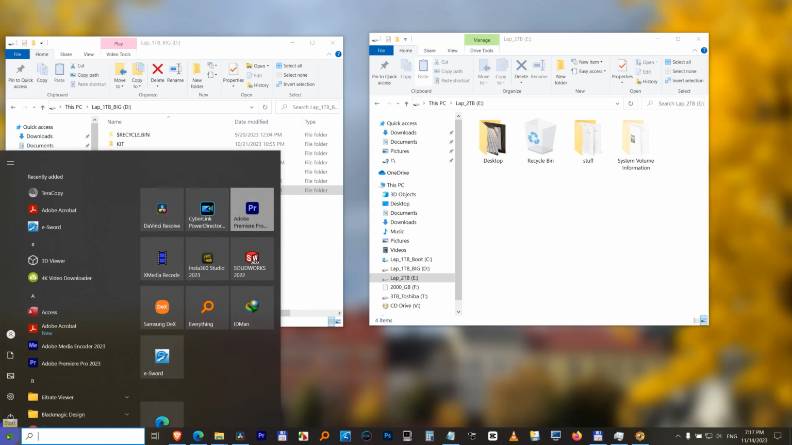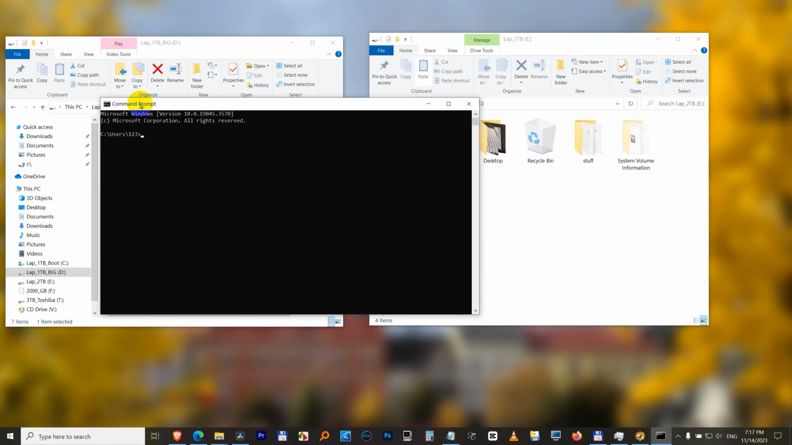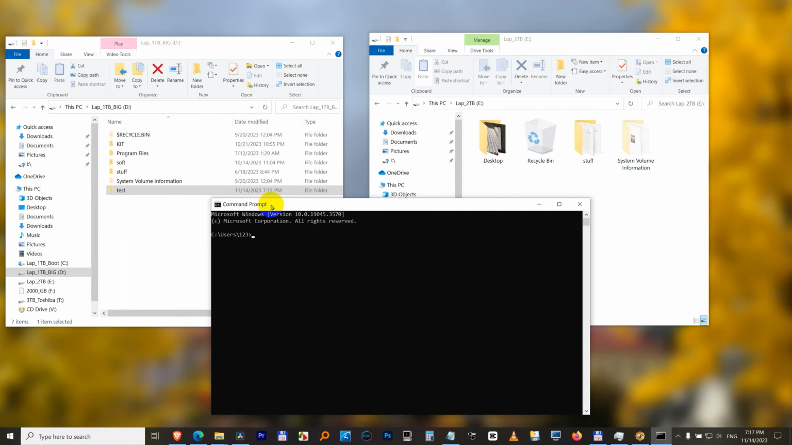Come to the start menu, type in CMD, click on the command prompt. It doesn't have to be administrator. Let's use the robocopy function,